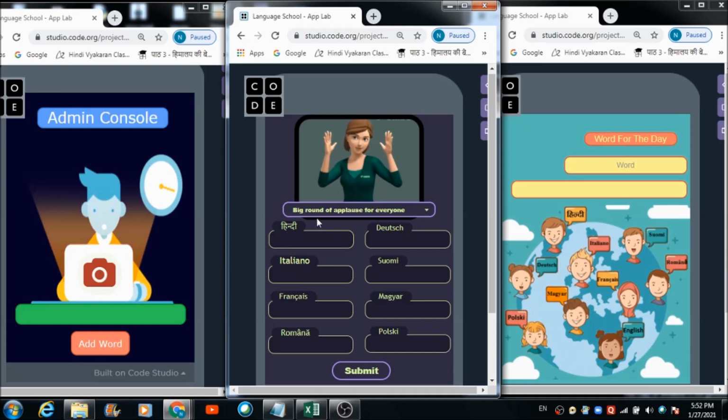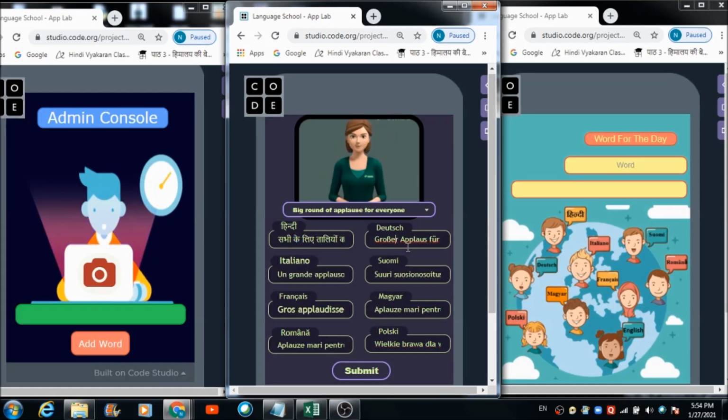Fine. Now after this, the teacher has to write down this sentence in Hindi in this text box. Likewise in Italian, he has to write down the sentence over here in this text box, and so on. Let's do that. This is how the teacher can update all these input boxes with the required input, and once he is done with entering the required information over here, you just have to hit the submit button. You have successfully entered the required information.